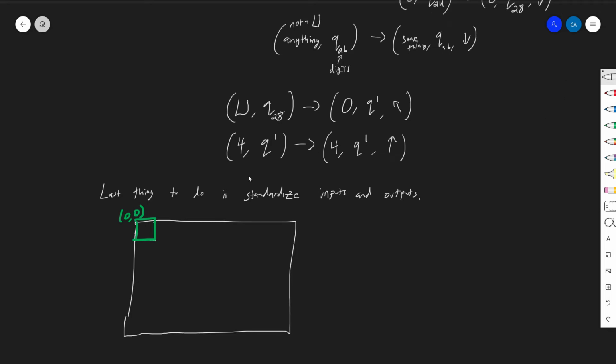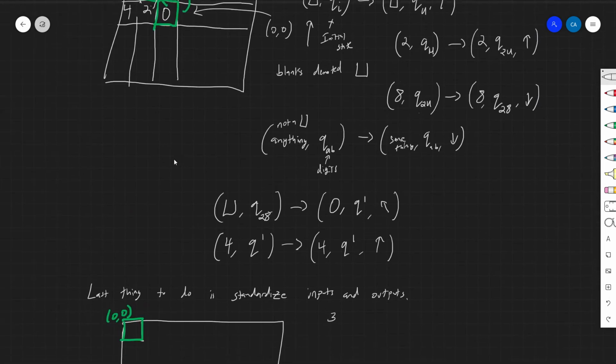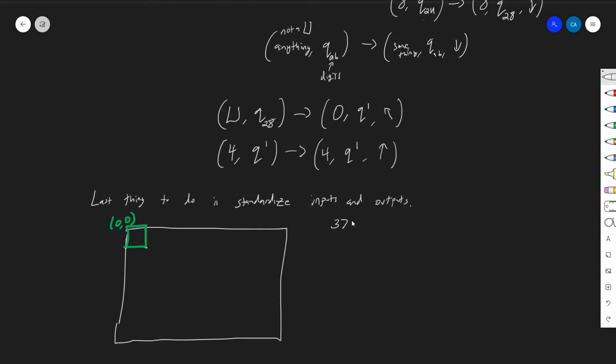So anyway, to standardize inputs and outputs, I'll essentially say the input will look like this. It'll look like a string: 37842, what did I use? 37842. And then I'll allow for a comma as a symbol. And then maybe I'll have to implement some kind of initial subroutine where I set up the addition in the way that you normally see it. But basically, the input